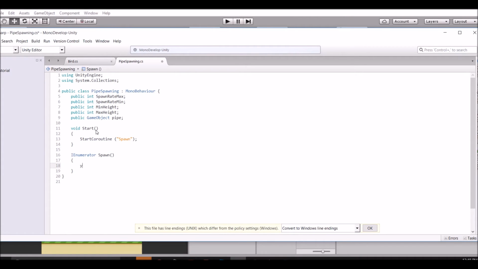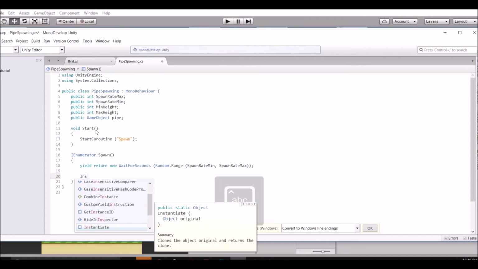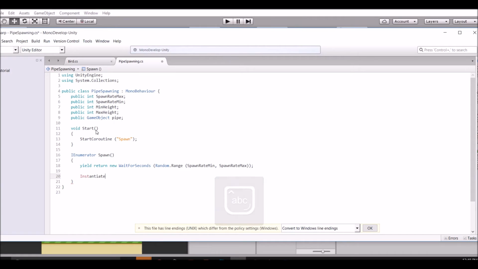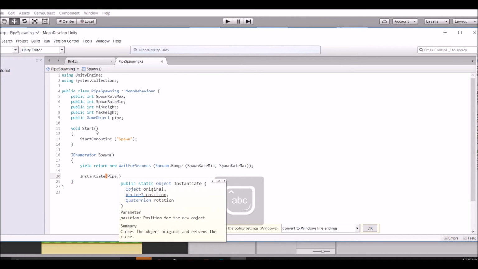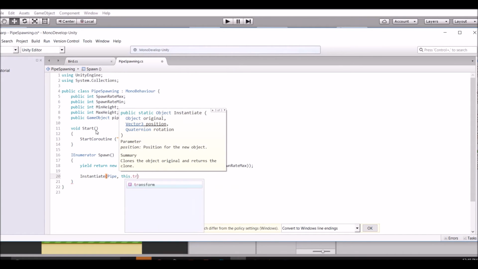Okay, and then we're just going to say you'll return new WaitForSeconds, Random.Range between spawn rate minimum and spawn rate maximum. Here we go. Okay, so now all we have to do is instantiate the object. So Instantiate pipe, this.transform.position,